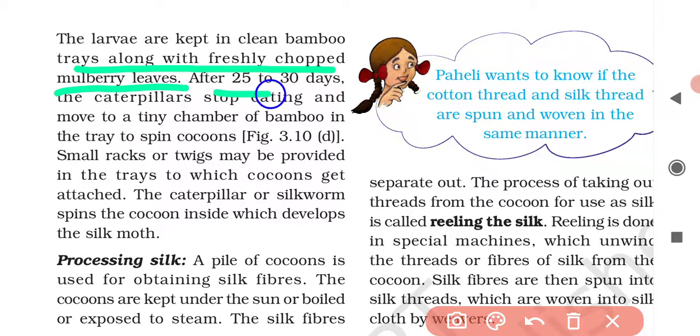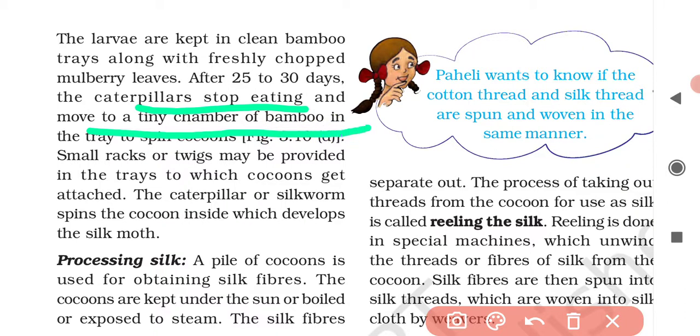After 25 to 30 days, the caterpillars stop eating and move to a tiny chamber of bamboo in the tray to spin cocoons.